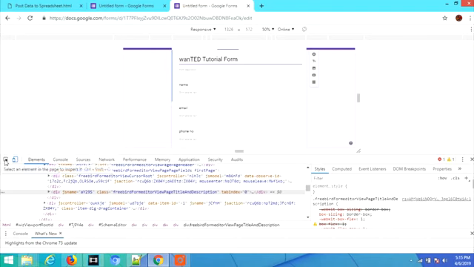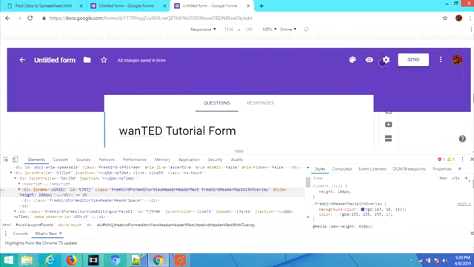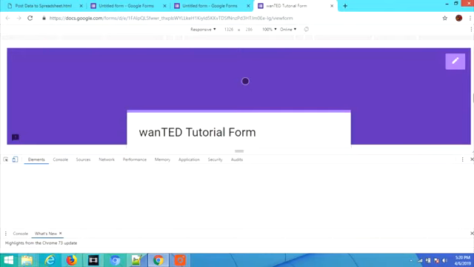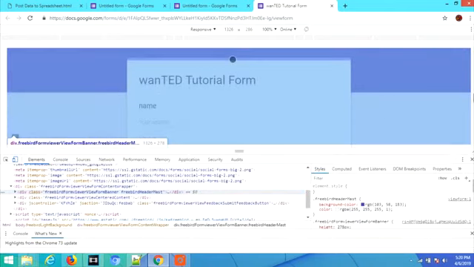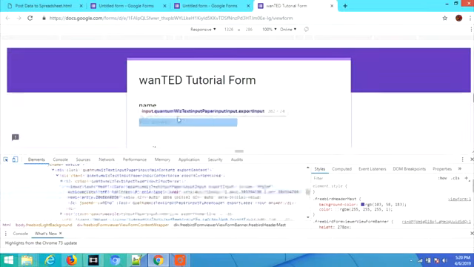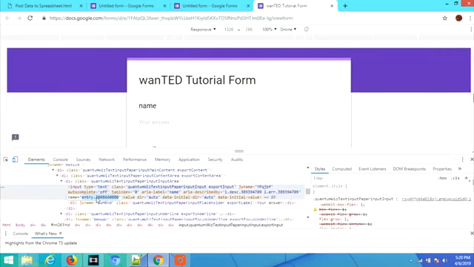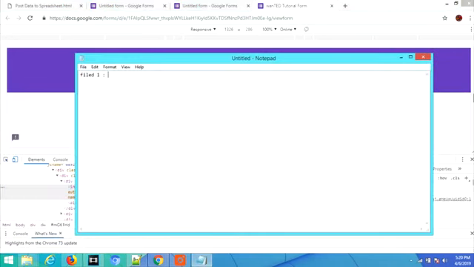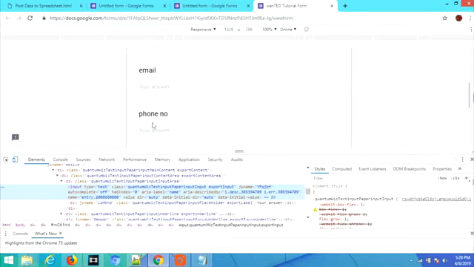Now by inspecting it you can get it, so let me zoom in a bit. After clicking on the view button, use the developer tools, otherwise it will not give you the entry field. Now click on the input, you will get this entry field for every input field. For example, let's collect all in a notepad.